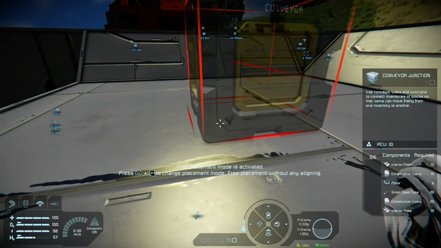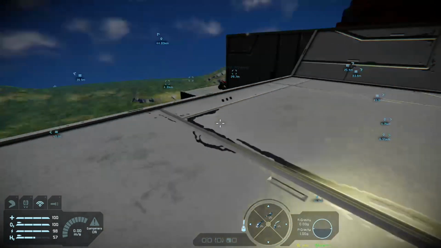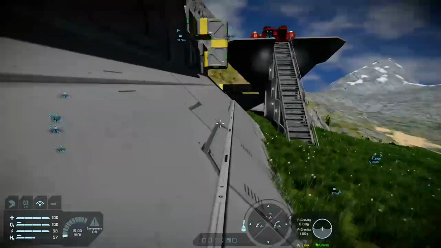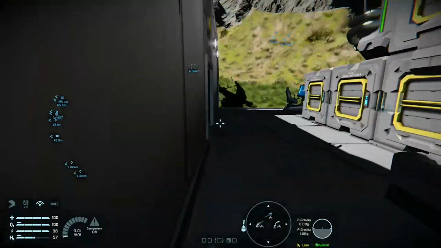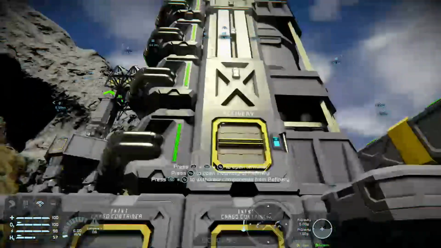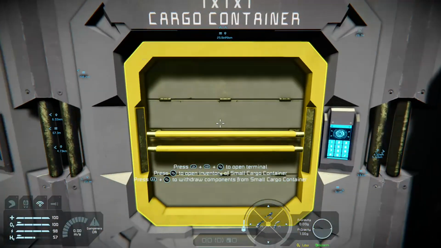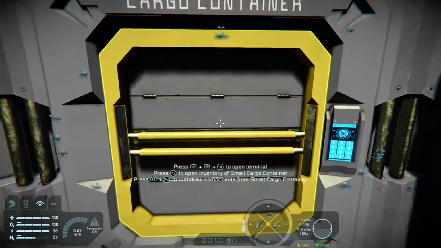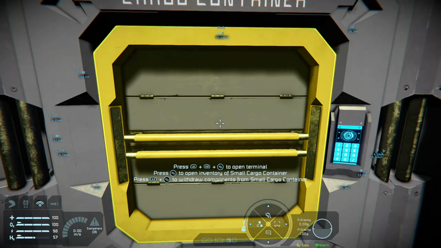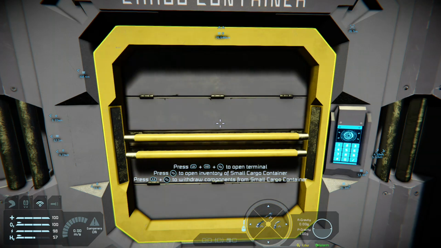Now hold down left bumper and B, go back to your cargo box, which is connected to refiners and assemblers, and the reason you do this is now if you hold down the left bumper and press the inventory button, you will add all of those components to the production of your assemblers.